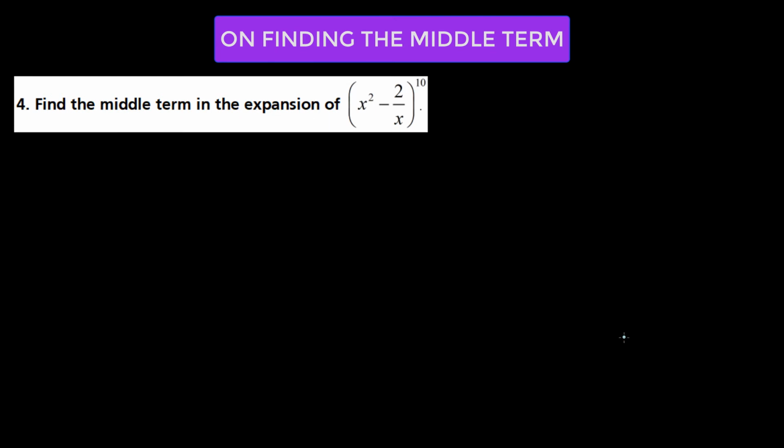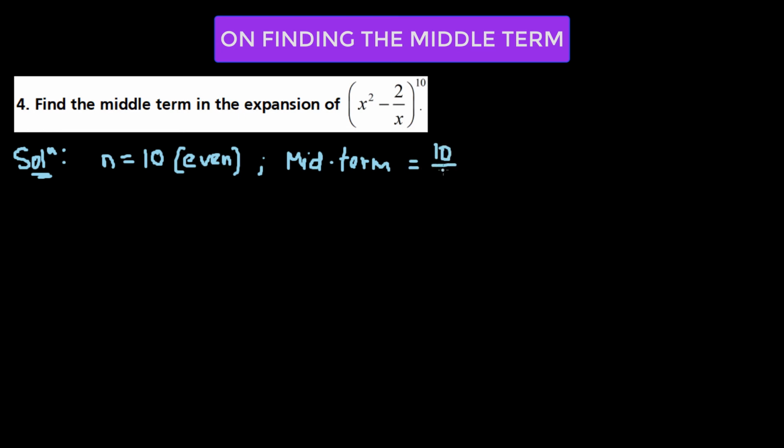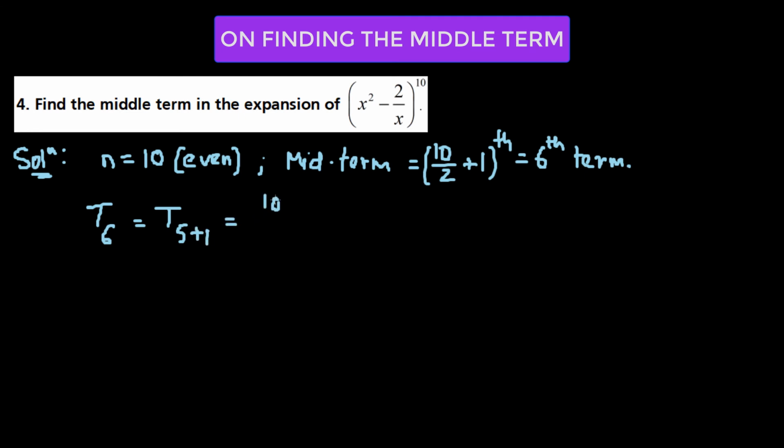So here we're given another expansion and we have to find out the middle term. So we have n equal to, again, an even number, 10. So this implies the middle term will be equal to 10 over 2, which is 5, plus 1, so that's 6. So the sixth term will now become the middle term. Then we go ahead and find the value of t6, which is simply equal to t, 5 plus 1, which is equal to 10c5 times x squared raised to the power of 10 minus 5, which is 5, times negative